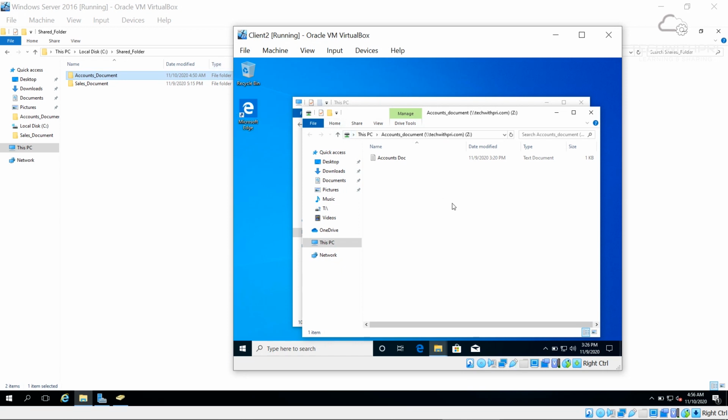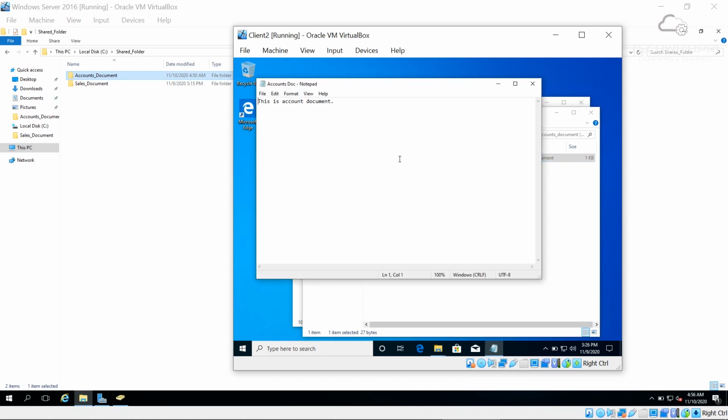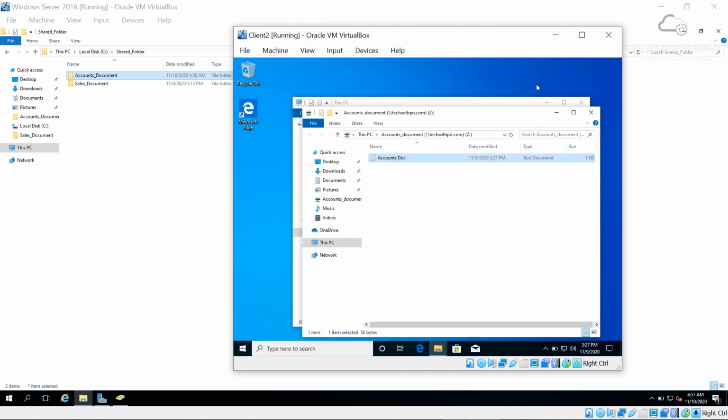Now John has the modify access, so he would be able to open the file, and also he can write something and save it. Suppose he wants to highlight a message. So this is a message from John, so that other people in the group like Sean or Ross are able to see the message. And let's save it. See, it is saved. And I will just close it.